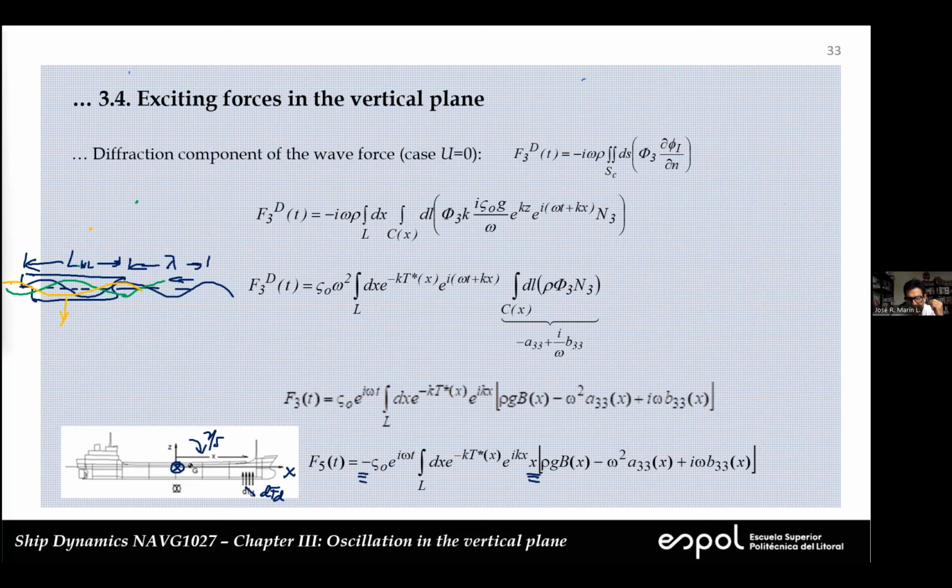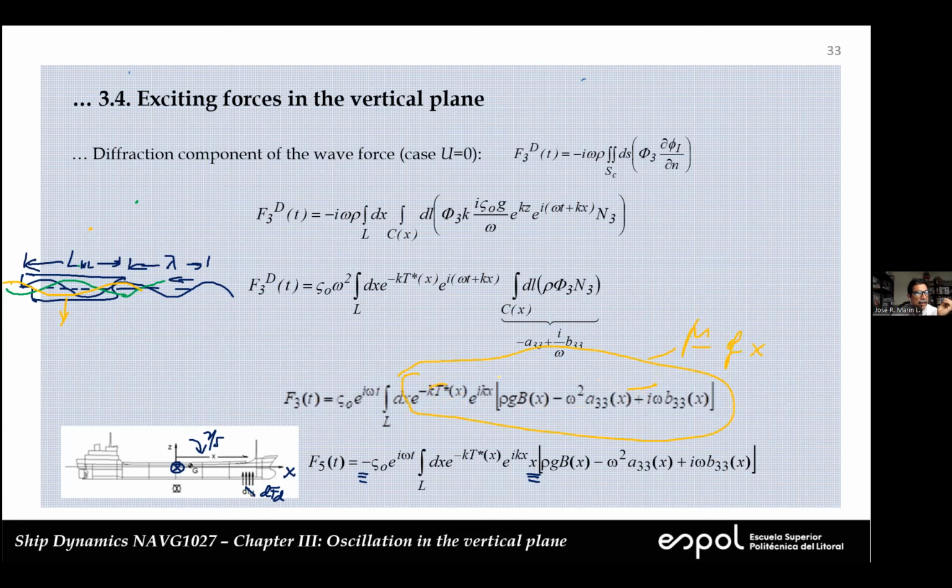All of this inside the integrand, everything here, all of this is a function of X in general. For example, the T star,